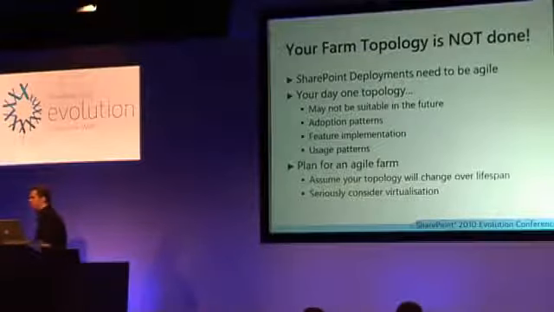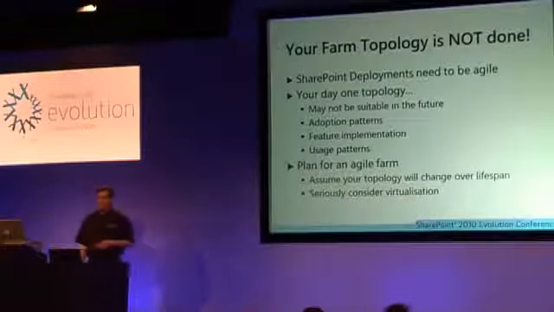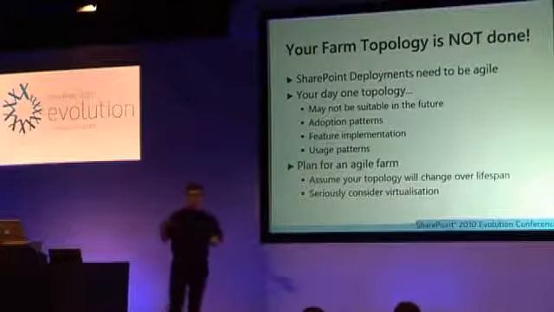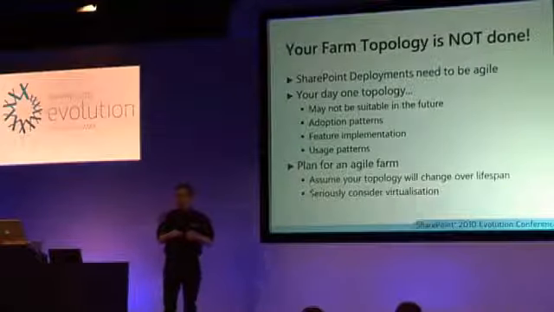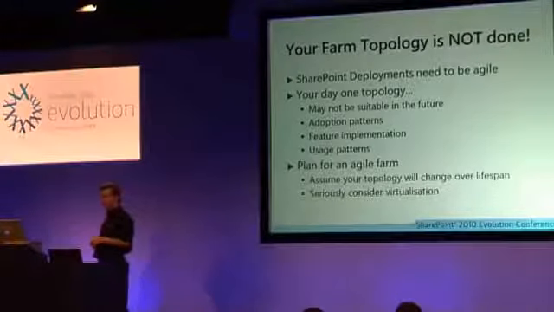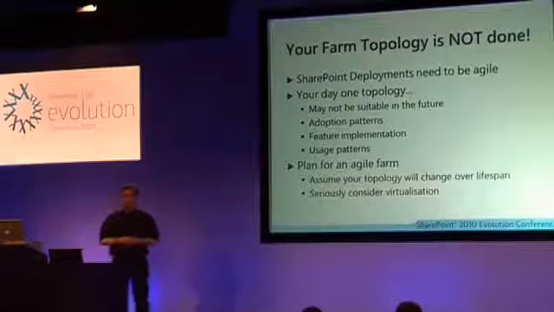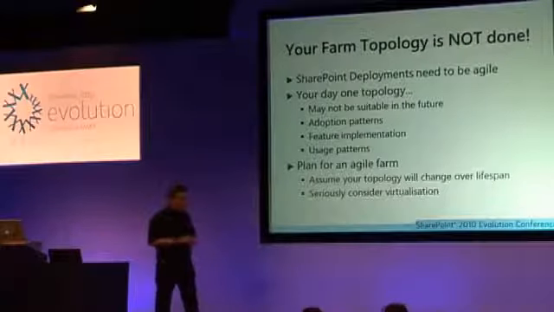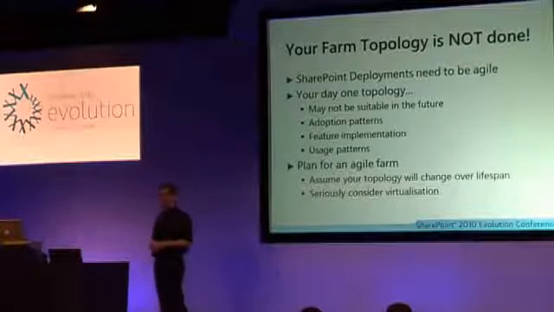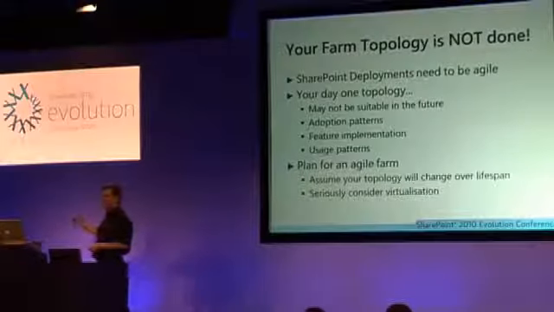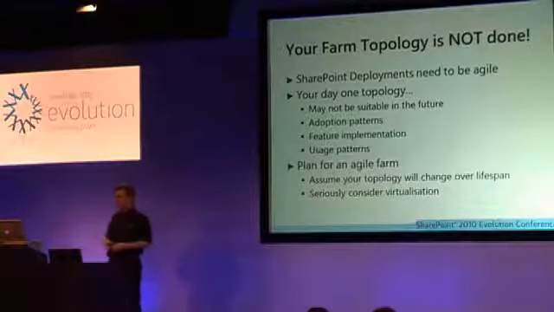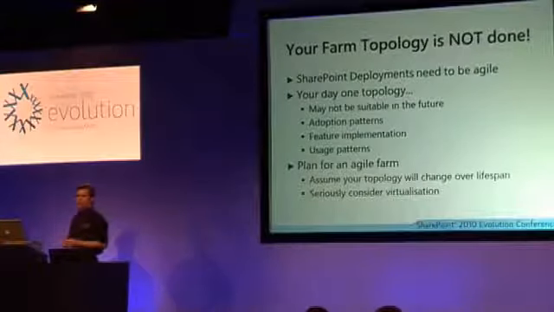As adoption increases, hopefully, as more people start using SharePoint and start liking it, there's this kind of curve of adoption. When you first deploy it and turn it on, they get an email from the chief exec saying, we've got this wonderful SharePoint, go use it. Most end users hate it initially, because they're used to just sending emails around with attachments. Now they've got to upload it to SharePoint and copy the link into an email. There's more clicks involved. But eventually, assuming that the thing's been done well, adoption starts exploding. And based on that, you will potentially need to change your topology.